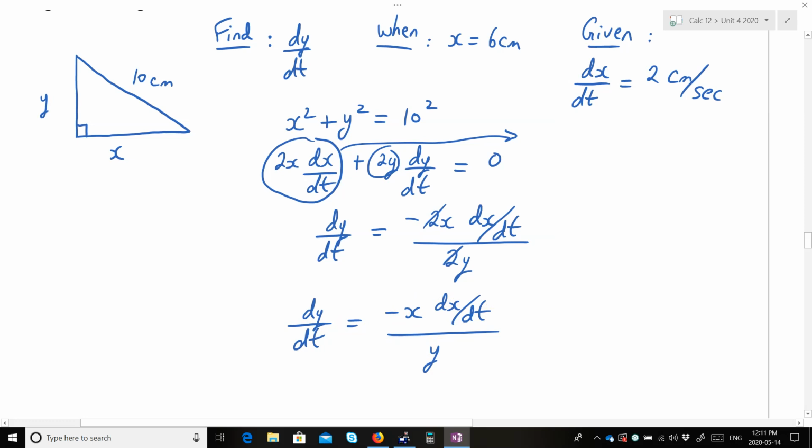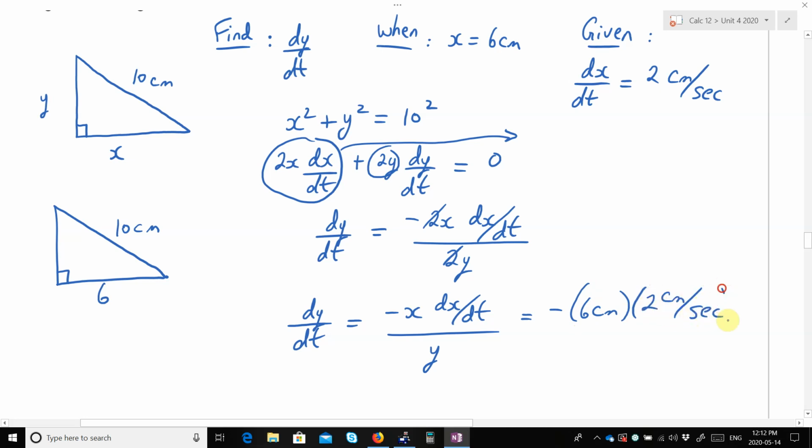Okay, at the instant that x hits 6 centimeters. So we will have negative, and then 6 centimeters times the dx dt is 2 centimeters per second, divided by,